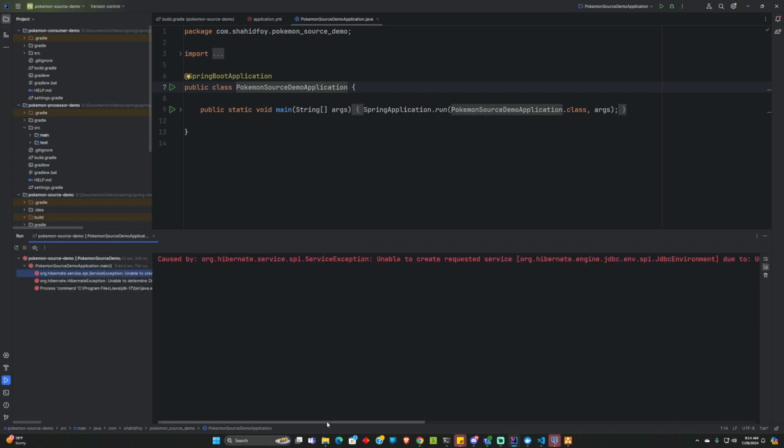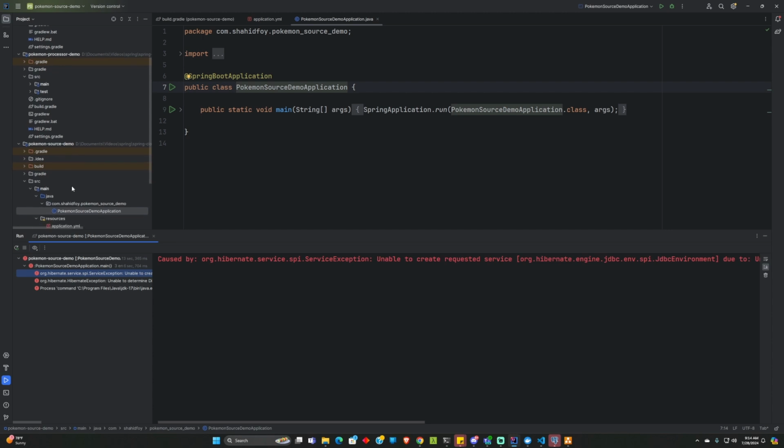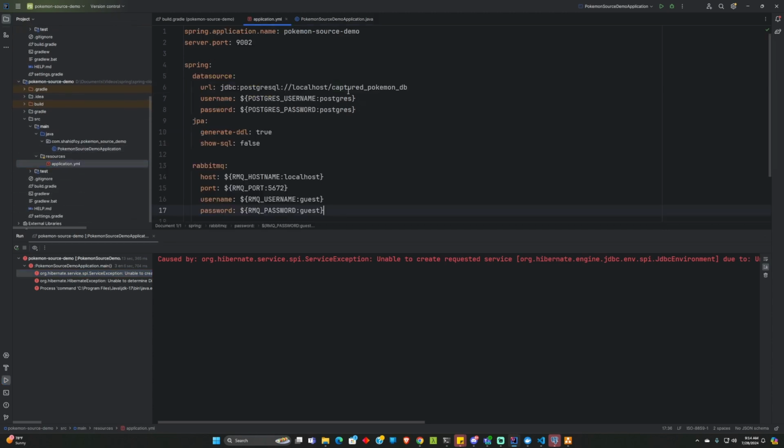Okay, so it looks like we got an exception: unable to create requested service, JDBC environment, unable to determine dialect without JDBC metadata. Okay, so this is common. Sometimes you might need to set the dialect, but this is happening because we forgot to create the actual database